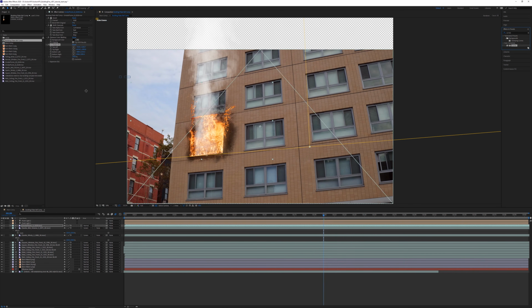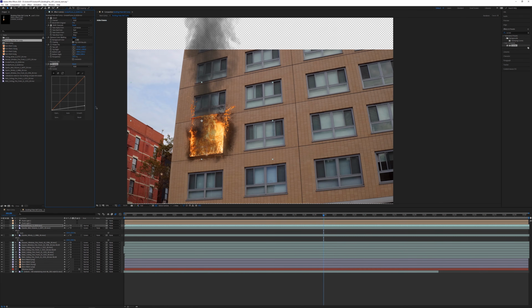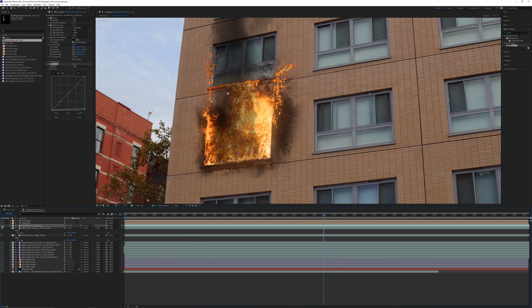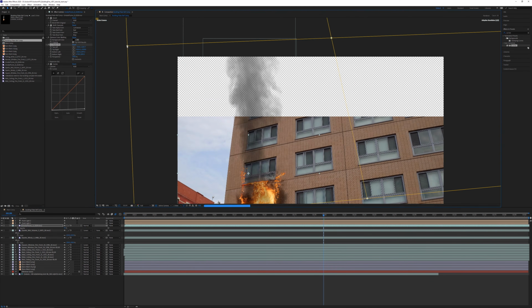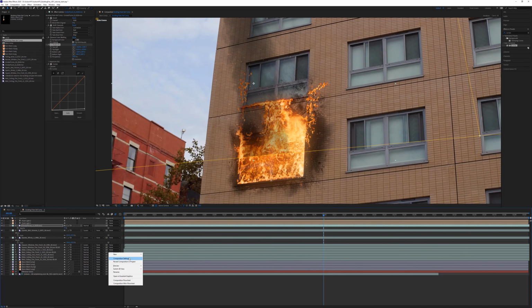I'm going to grab a Curves, put that underneath our Power Pin, and just crush all those whites. We get something that's a lot darker. Something more like that, I think, is what we're going to end up needing. Okay, so once again, I'm just going to play around with maneuvering some of these smoke layers, getting them in the right place. It's just a really tedious part.